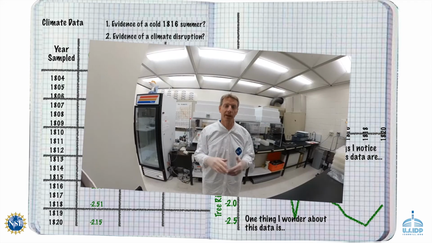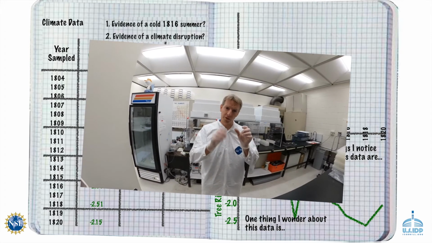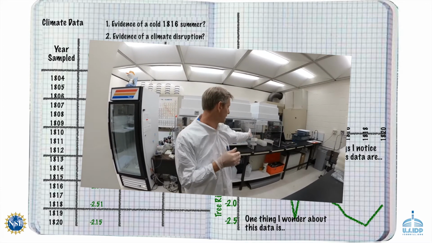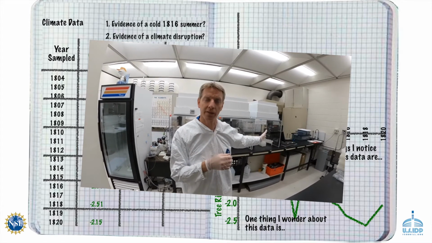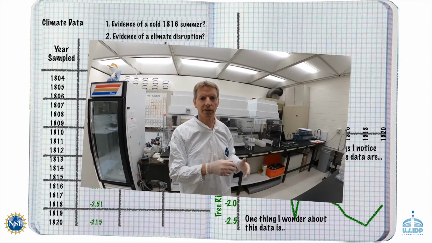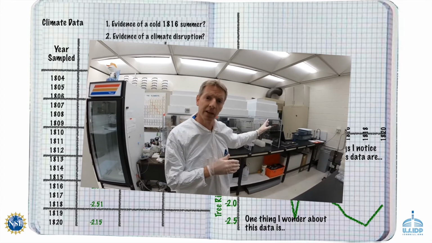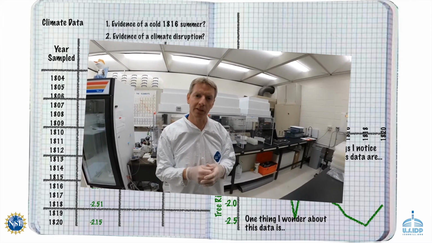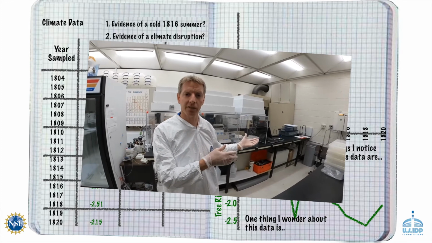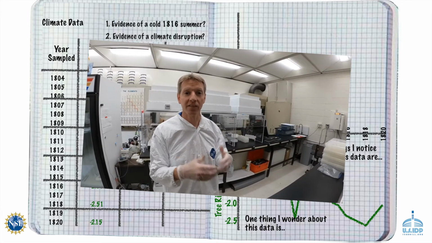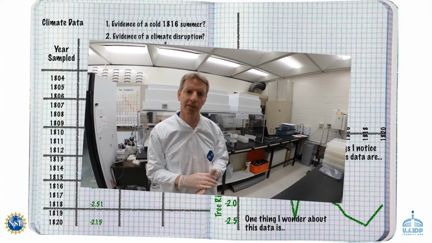Alright, so now we have all of our ice core samples. We've scraped off the outside that might be contaminated. We put those samples into the clean jars, and those clean jars have now been sitting under clean air and allowing the ice samples to melt. So now in each one of those jars is water that represents that section of ice core that we sampled in the freezer. So now we just have to put those in the vials that we can actually load in the instrument and then measure the chemistry and see what's going on, see if we can see any evidence of a climate disruption.